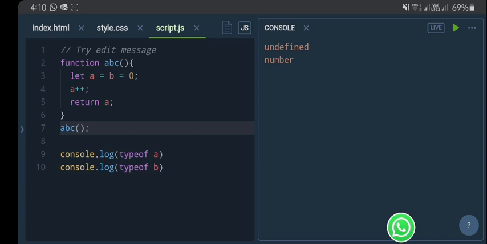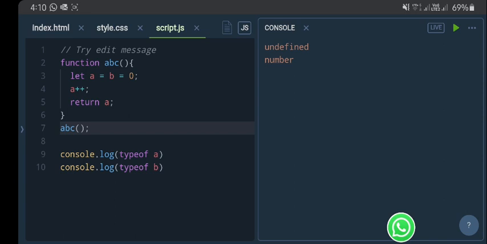So in function ABC, variable a is declared as block scoped, whereas variable b was not declared as block scoped. Hence it will go as a global variable. So it will be assigned to the window object. So it will be window.b = 0.